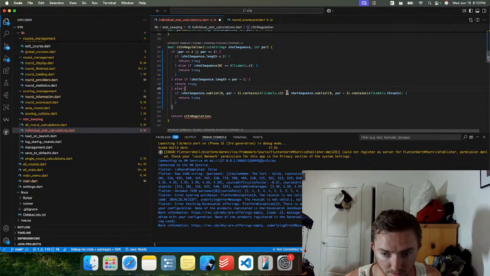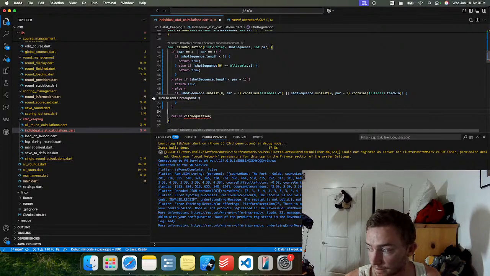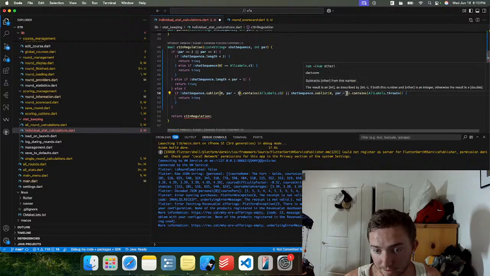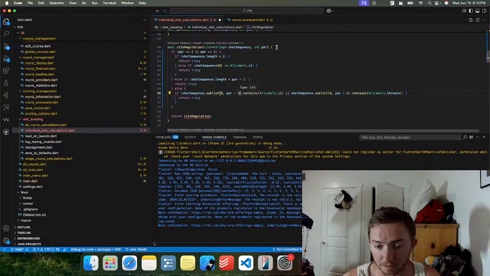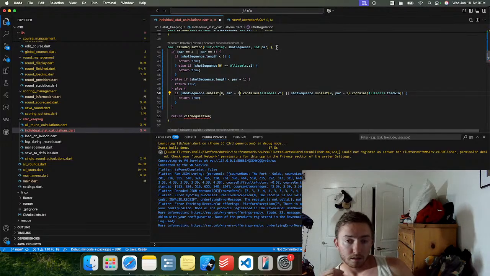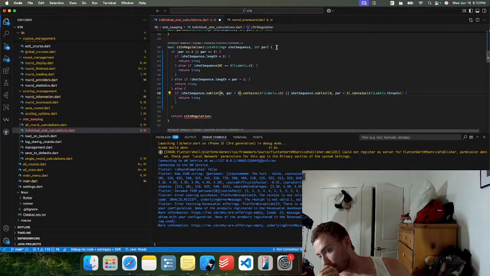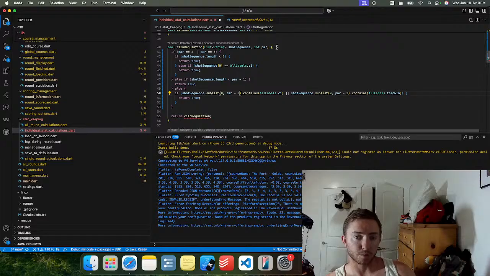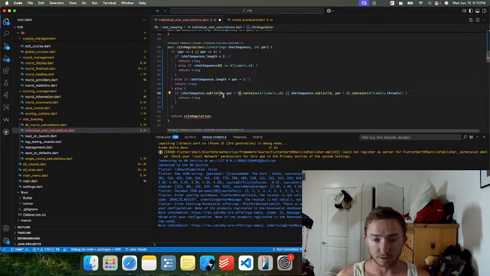or C1 in regulation for a throw-in. It's the same thing. Contains throw-in. It's got to be one of the first 2 shots. If they throw in on the third shot, they weren't in circle 1 in regulation. Because on a par 4, being in circle 1 in regulation means that you're in circle 1 after your 2 shots. And this 0 to par minus 3 is always going to run over the first 2 shots in the